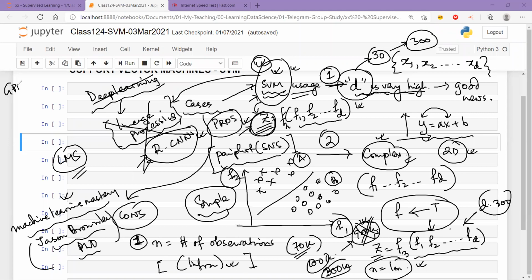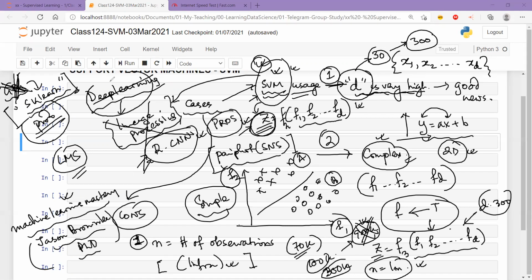Just like I mentioned GPU, let me quickly tell you also: we are using sklearn, and sklearn does not use GPU by default. I don't know if they have made some recent changes, but the version that I am using in my office in the production environment does not use GPU. So I'm under the impression sklearn does not support GPU, which means if you want to do anything with the graphics processing unit, which is more often than not used for deep learning, you may need to use some other library like TensorFlow to implement SVMs, or we may have to hand code it. So these are the cases where SVM can be used.